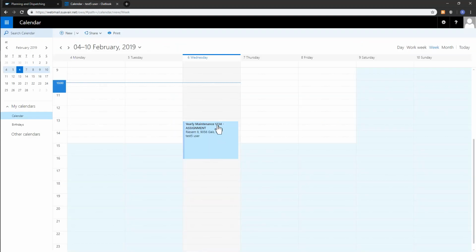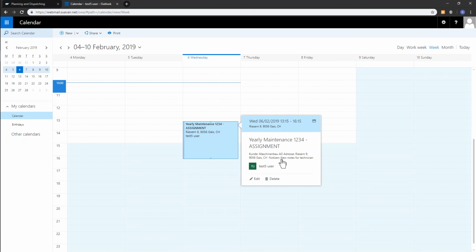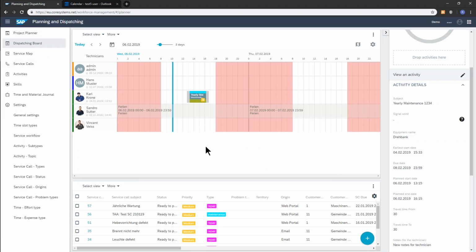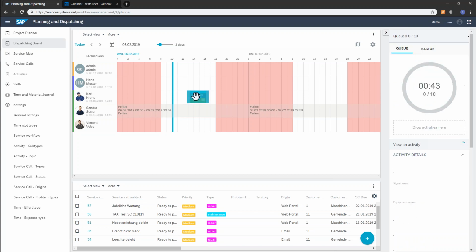Also, this change will immediately be reflected in the Outlook calendar. So we have the 1, 2, 3, 4 right here, and we also have the new notes within the entry. So this is pretty straightforward, pretty easy to handle, and not much really to worry about once you have installed